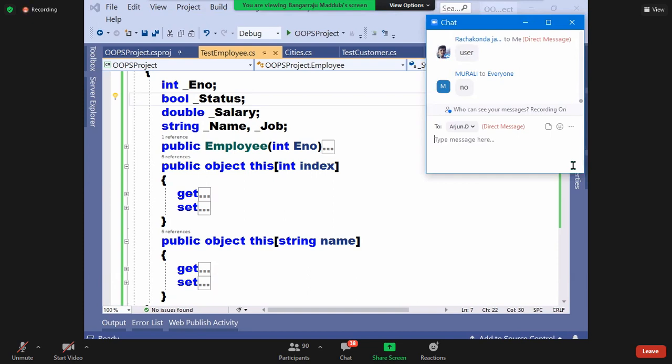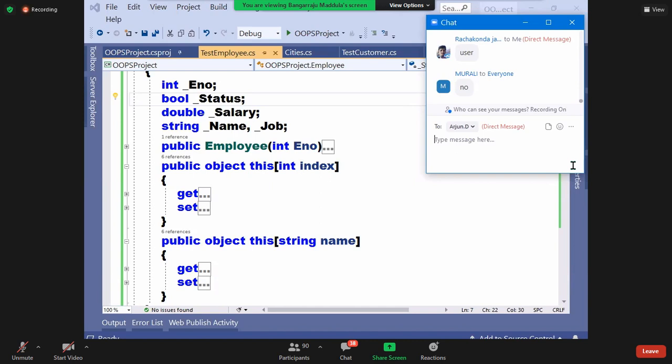But does a row have a name? The best way to access the rows of a table is indexers, because we don't have a name there. With the help of indexers only we will be referring to the rows.